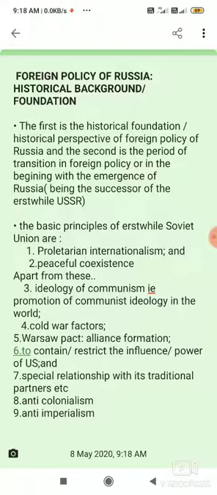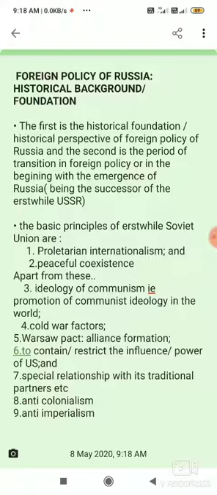So, what is proletarian internationalism? Proletarian internationalism refers to the common cause of the working class of all countries in struggling to overthrow the bourgeoisie and to start a communist revolution. And secondly, peaceful coexistence refers to measures to ensure relatively peaceful government to government relations with capitalist states. So apart from this, other principles of the Soviet Union's foreign policy were